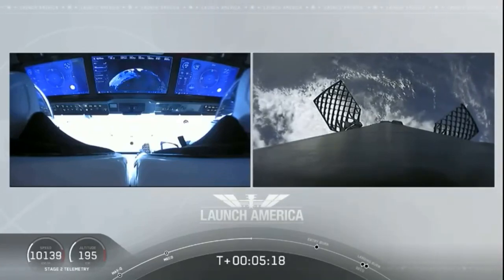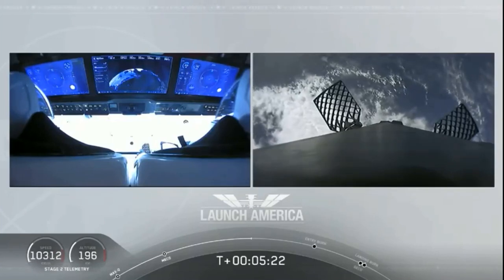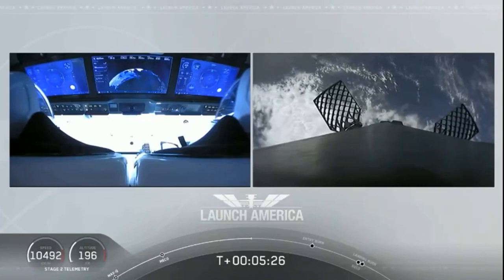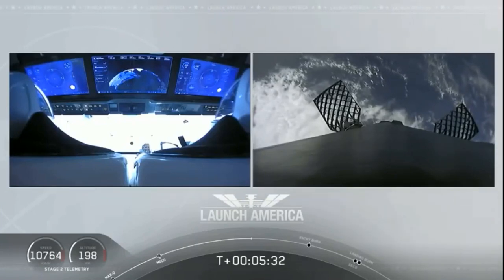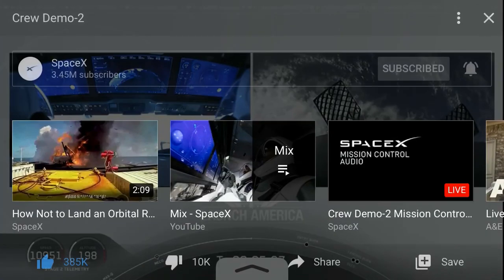And while they continue uphill, looks like we are getting a view of the first stage as well. Yep, on your right screen, you can see that first stage with the grid fins deployed. It's making its way back to attempt to land on our drone ship, Of Course I Still Love You, today. And we're just about a couple minutes away from the entry burn, and that's where 3